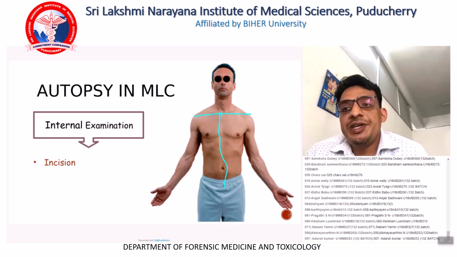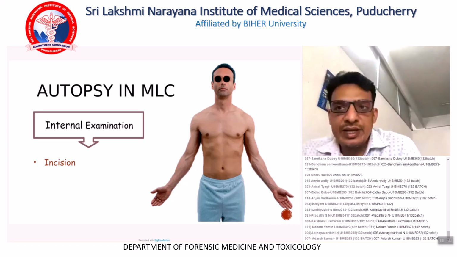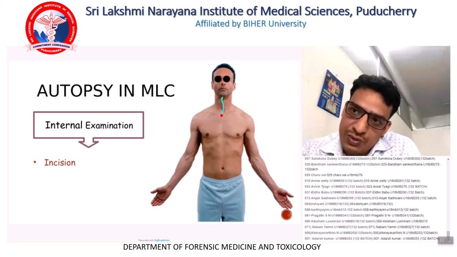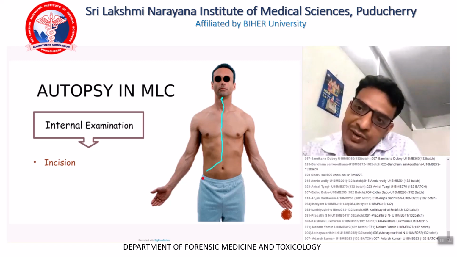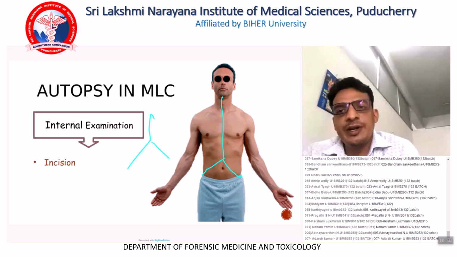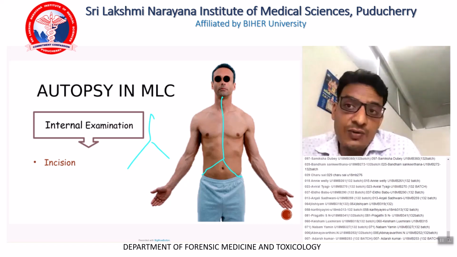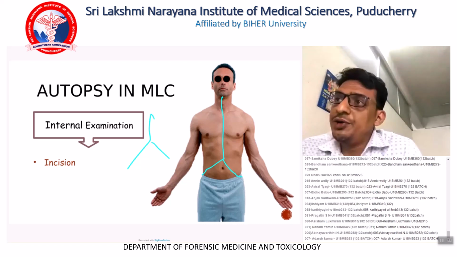And last but not the least, there is an inverted Y incision. The inverted Y goes from the mentum till the umbilicus, then it divides into two. It is the incision which will go from the mentum downwards and then divide into two. You can see the Y has been inverted. So this is important in cases of, would anybody like to volunteer to answer? What is the inverted Y useful in?